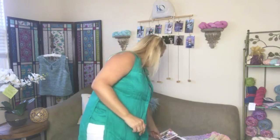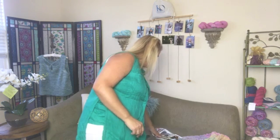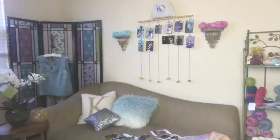Oh, and then here's two books that were a lot of fun to make. Let me see if I can find the other one. These are, I taught myself to knit and crochet American Doll clothes. I had gotten the call that a friend of mine who's the editor was interested in them, and she even sent me an American Doll to take a look at and see if it's something I wanted to do. And I really just came at this project with my same design sensibility and just tried to miniaturize my type